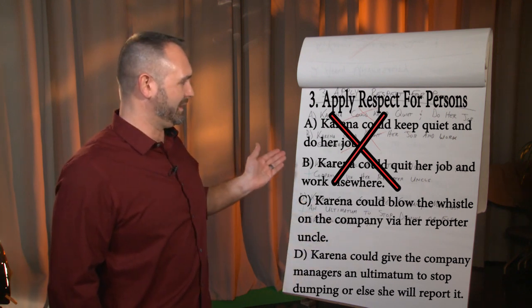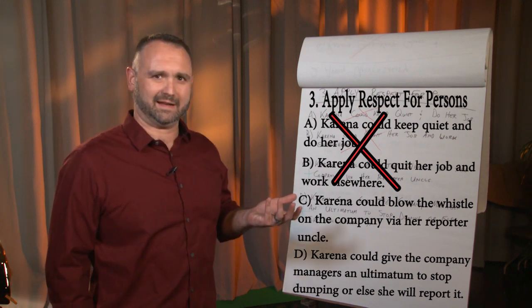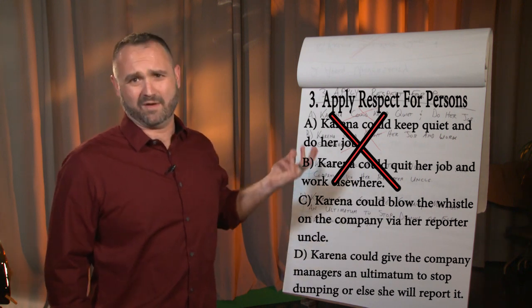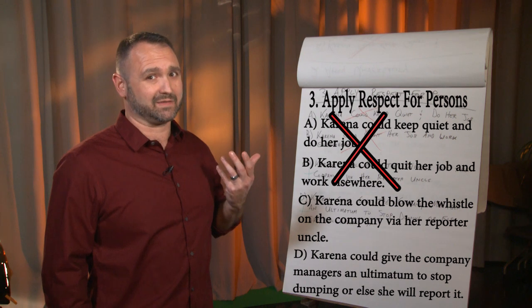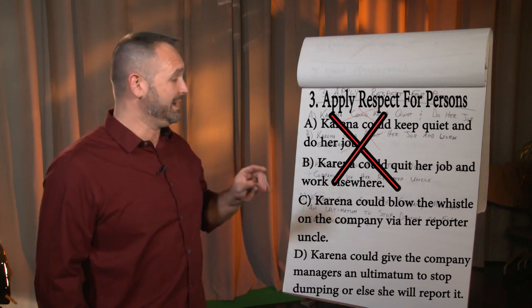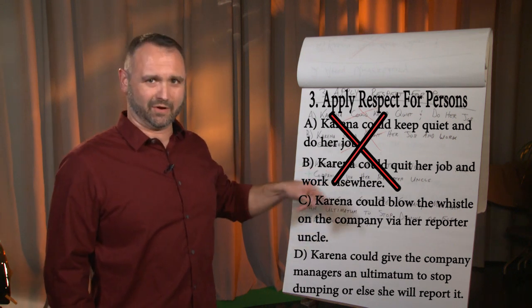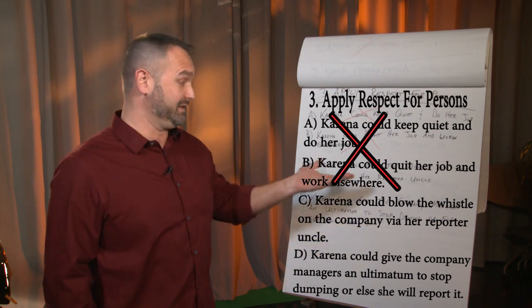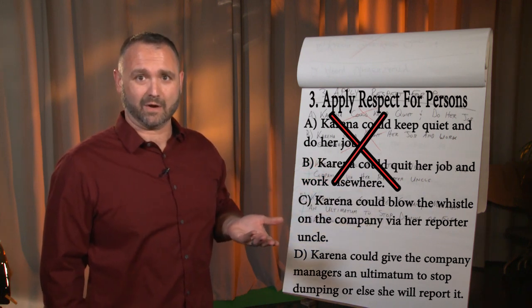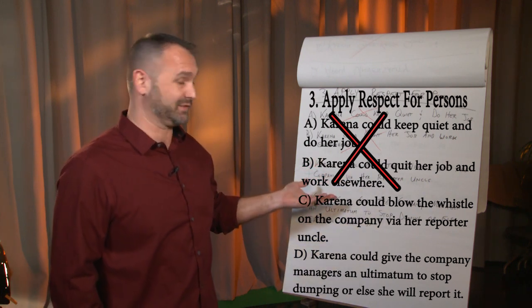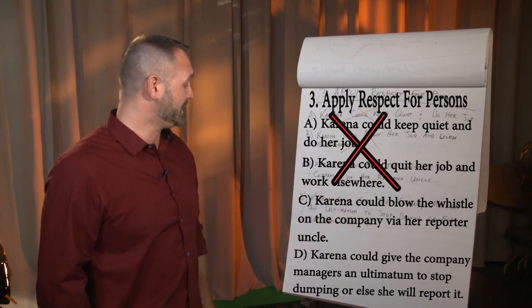Is Karina blowing the whistle so she can be famous in Erin Brockovich fashion and have a movie made about herself? Well, if that's the case, then her motive doesn't seem like the right one, and she'd be using her uncle as a stepping stone to her own fame and fortune, and in fact putting him in harm's way to do so, right? Because the company is not going to be very excited about what's coming out in the news.